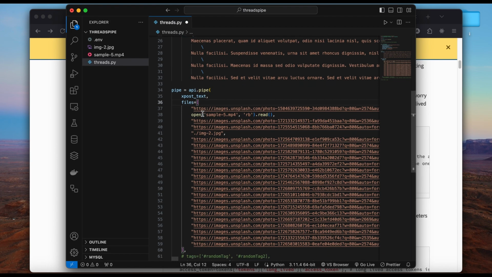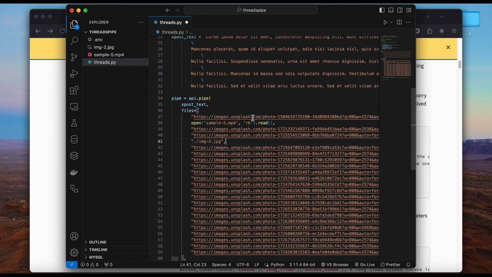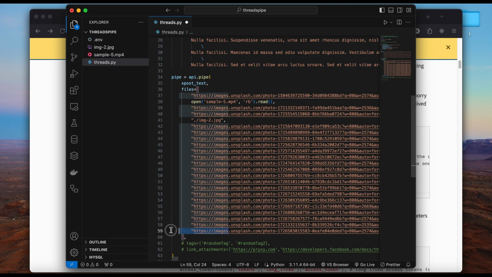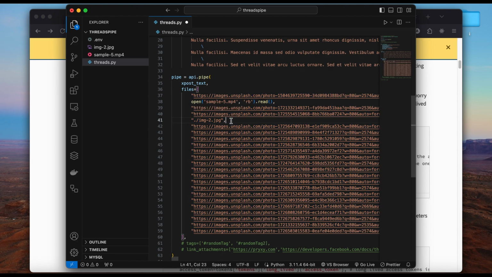ThreadsPipe does not only split text posts into a chained post or a thread post. It also splits the media that was attached to it. For example, these are 20 files here. And the limit